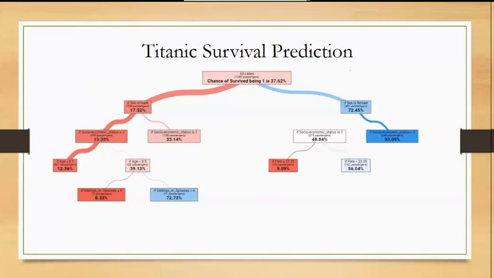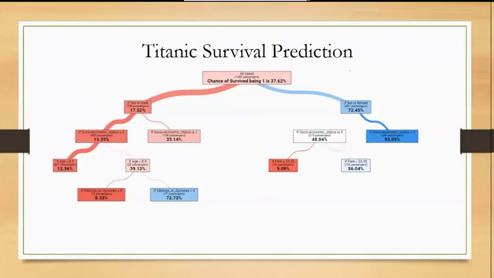Now, if someone gives you a list of passengers on board the Titanic and asks you to predict whether they survive or not, you would just be doing a guess since you do not know what could contribute to a passenger surviving. So it's just a 50-50 guess. Now, any classification model you build is compared against this 50-50 model, meaning how much better your model is when compared to random guessing.